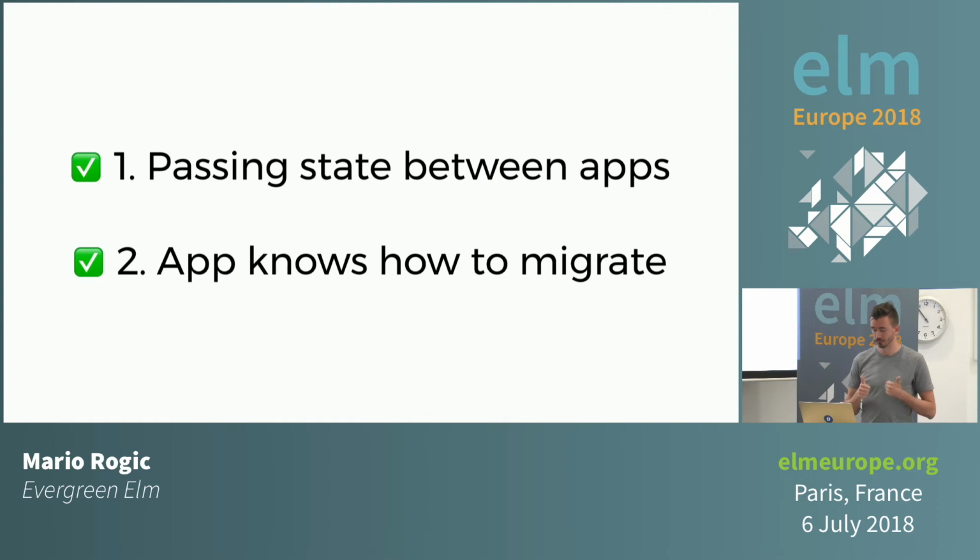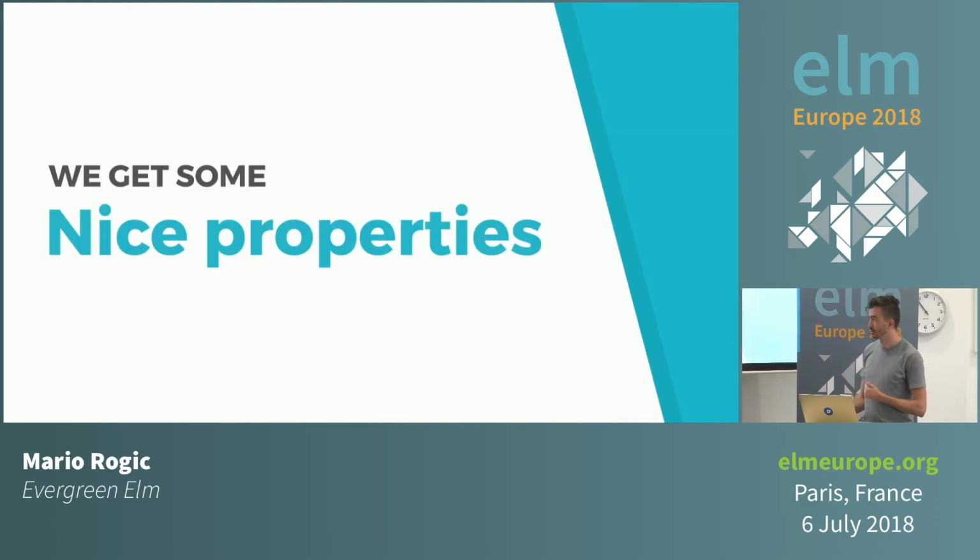Cool. So we've gotten to the point where technically it seems like this kind of makes sense, and we've got type safety all the way through as well, which is really nice. The result of this actually turns out to be some really, really nice properties. There's a bunch of other problems that happen when you start considering migrating between applications. It was really interesting to find how some of the properties that Elm has are already kind of conducive to making these problems not be there, and I think that'd be really, really difficult outside of the context of Elm.